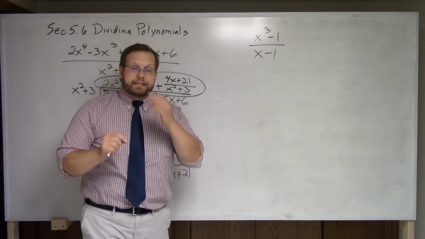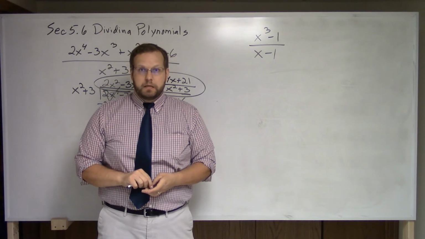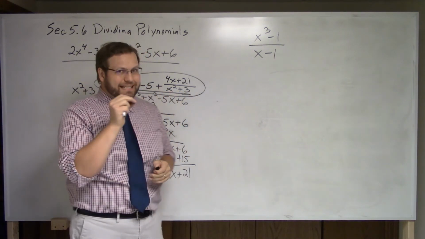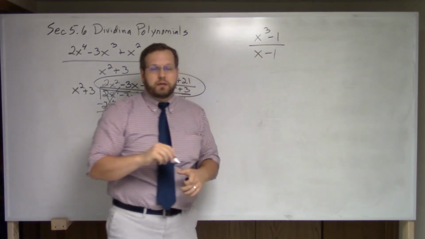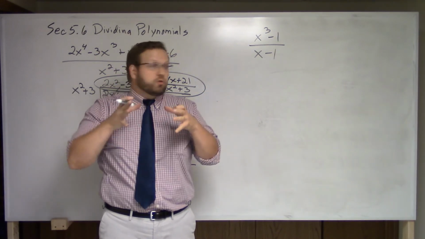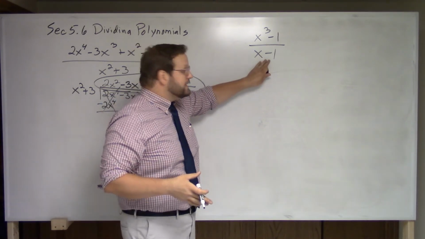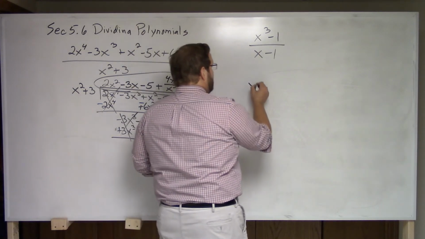This one I really suggest you pause the video and try on your own. Now, this is a deceiving problem because it looks like, oh, I'm just going to reduce the x's, cross out the ones. But remember, we cannot cross out those terms. We have to divide the whole thing. And since this is a binomial, that tells us to use long division. So I'm going to go with x minus 1